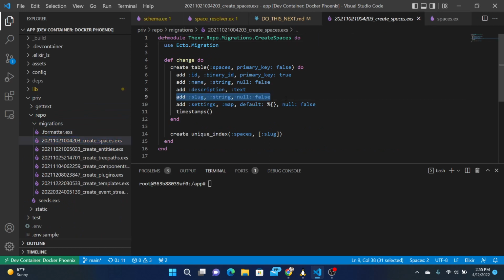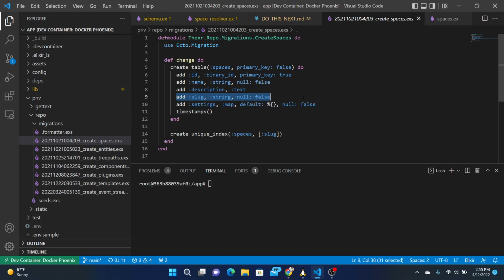And so if we just remove this, then there's no way to enter a slug. That will break everything. We can remove this, create unique index on the slug, there just won't be any slug. Okay.